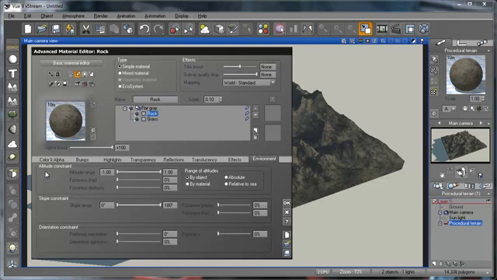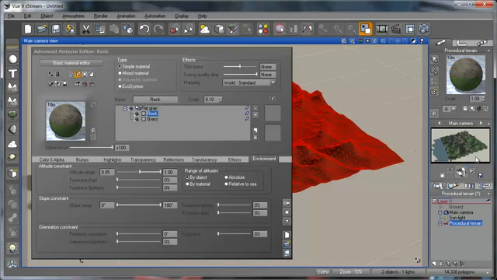So firstly, we have the altitude range. I think it's pretty much clear, where we can simply define a range where this material, which is rock, will appear. Let's do this. I want the rock to be at a mid-level. So the 1 represents the top, and the -1 represents the bottom. If I take the bottom here and move it to like 0, we're going to have something like this. As you can see,